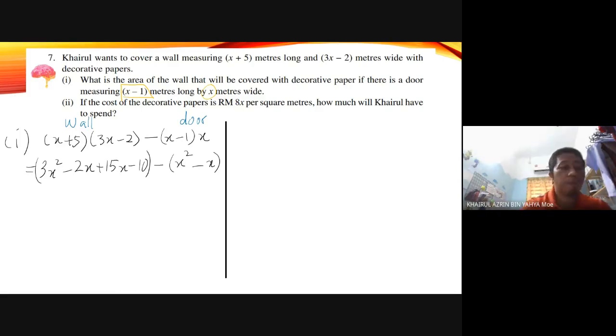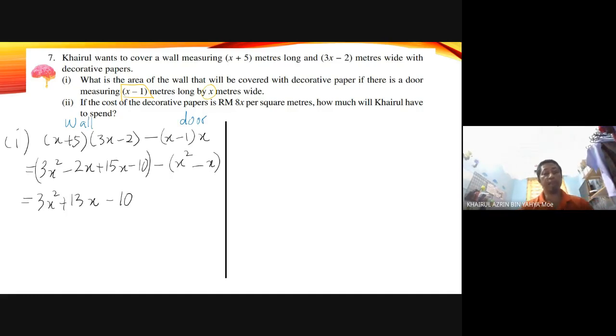Now we write everything without the bracket. 3x squared minus 2x plus 15x, 15 minus 2 is positive 13x, positive, not negative. Minus 10,